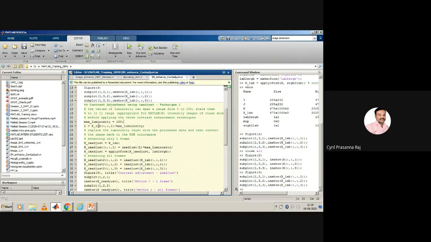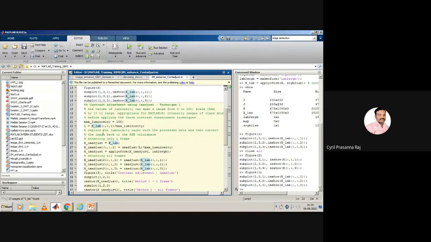Then we take the L frame of the image and divide it by the maximum luminosity 100, so we are scaling everything down. When you scale down, the intensity level reduces, and it slowly moves towards black. It is trying to become darker. That is what we do here.